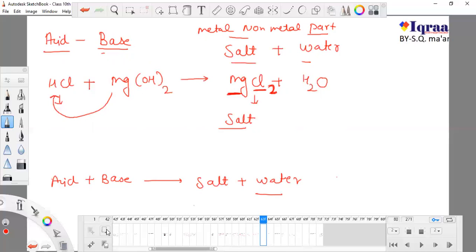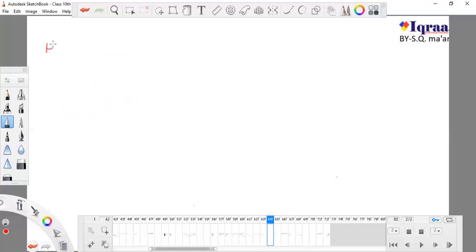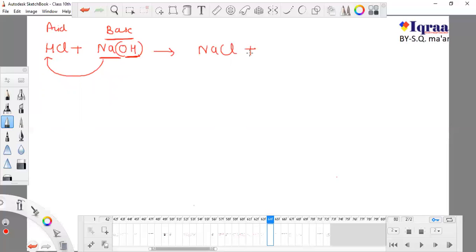how to maintain chemical formula, and this is our balanced chemical equation. Now I'm taking another equation. I'm taking HCl with another base which is known as NaOH. This is metal, this is hydroxide. Okay, this is acid and this is base. It will form this: Na will replace this hydrogen and it will form NaCl plus this OH and this remaining H. It will form H2O. So again there will be a salt and water.